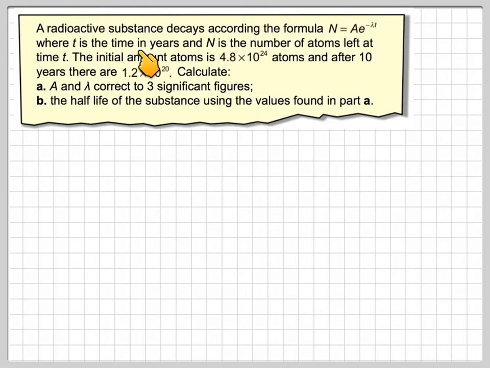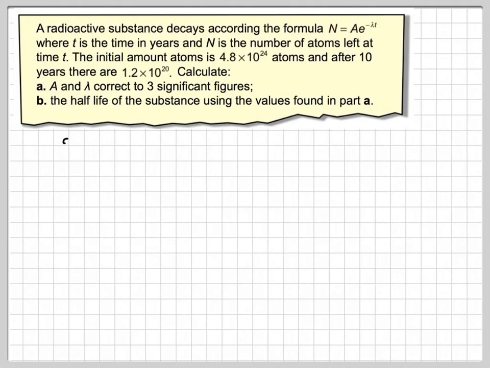A radioactive substance decays according to the formula N = A e^(-λt), where t is the time in years and N is the number of atoms left at time t. The initial amount of atoms is 4.8 × 10^24 atoms, and after 10 years there will only be 1.2 × 10^20. Calculate A and λ, correct to three significant figures, and B, the half-life of the substance using the values found in